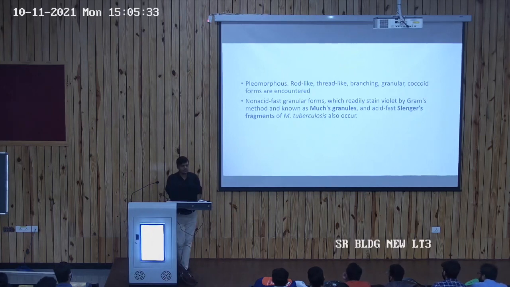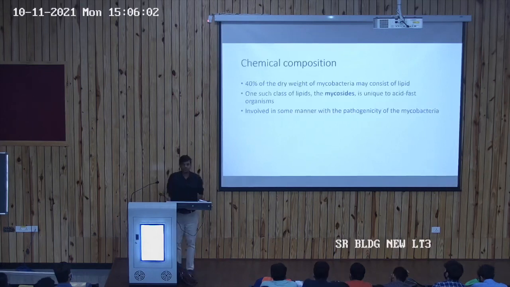And non-acid-fast granular forms, which readily stain violet by Gram's method, are known as Much's granules, and the acid-fast Spengler's fragments of Mycobacterium tuberculosis are also seen. Chemical composition: 40% of the dry weight of the Mycobacterium may consist of lipid. One such class of lipid, known as the mycosides, is unique to acid-fast organisms alone. It is involved in some manner with the pathogenicity of